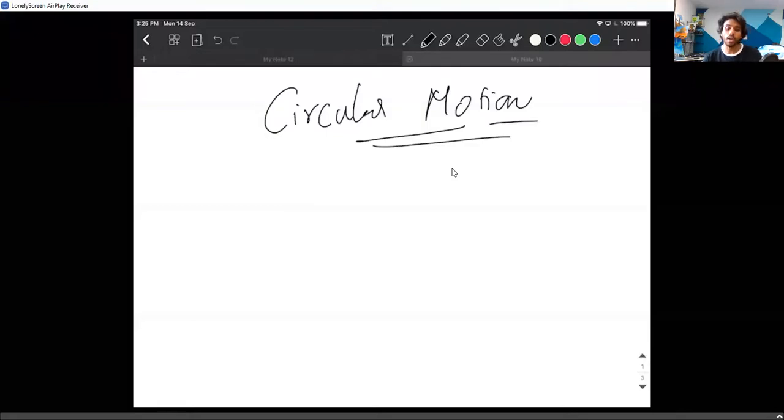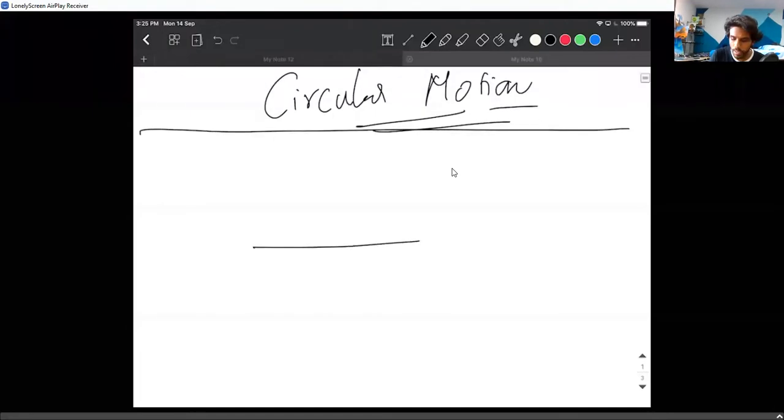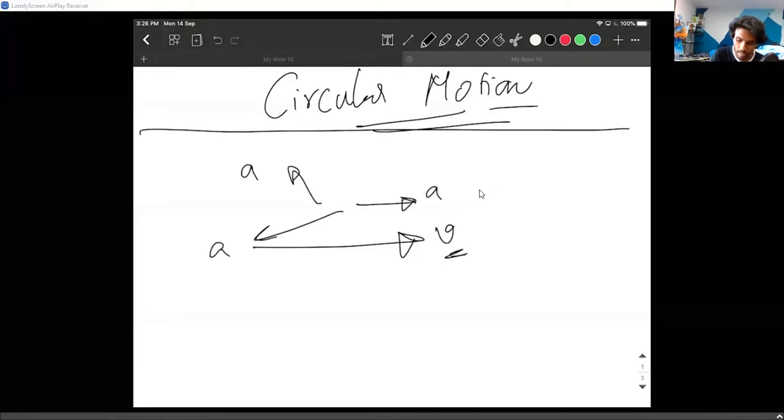Okay, so let me talk about the idea of circular motion. The very basic idea of circular motion is supposed to be discussed, but before that I need to discuss this thing. Do you remember this idea? When an object is moving with a velocity v, it can have different types of accelerations, right? The acceleration doesn't really have to be in this direction. It can be like this, like this, it could be in any direction. We've clearly talked about it. The velocity and the acceleration don't really have to be in the same direction at all.